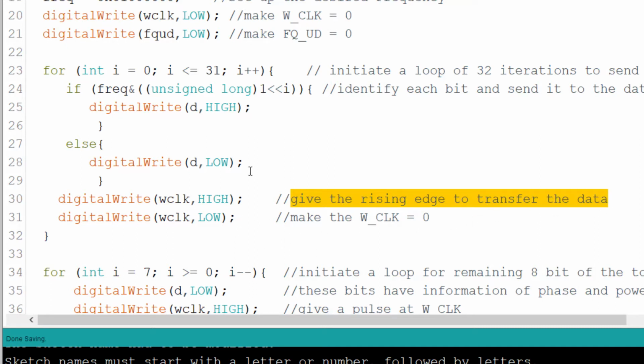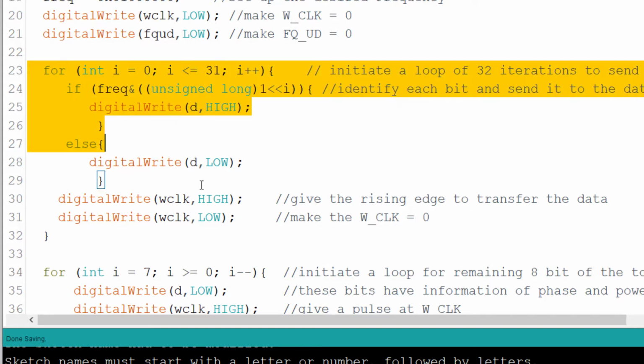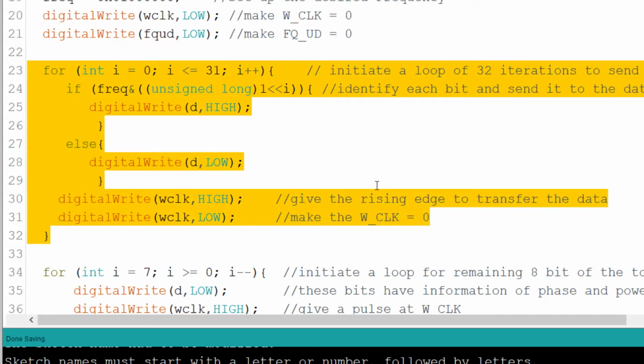Once we give the rising edge, this value whatever is initialized at the data pin is entered into the module, and then again we make the clock low, go for the next iteration, 32 times the data is updated and sent to the data port and clocked into the module. So this particular part of the program will clock the 32 bits into the module. Only the bits are clocked inside, they are not updated. We have to write total 40 bits, out of which 32 bits are the frequency control bits and they are updated.